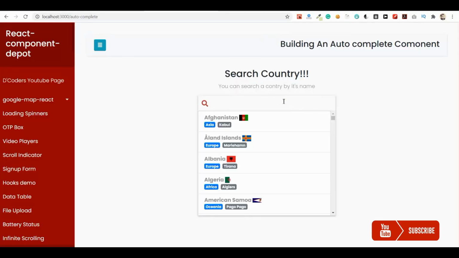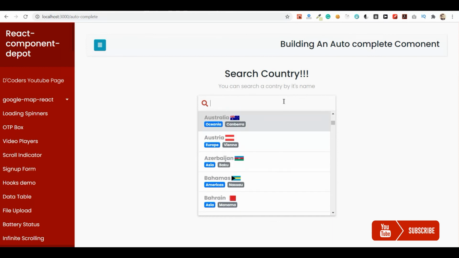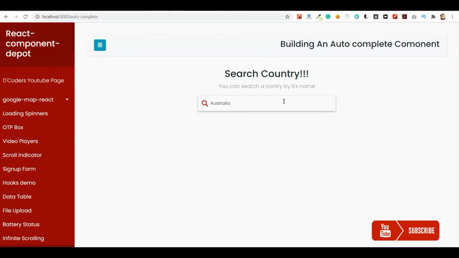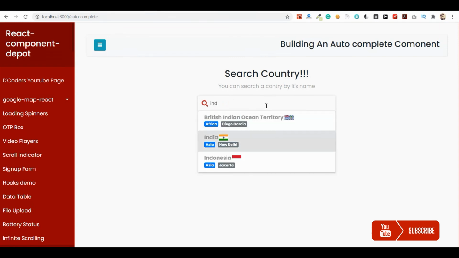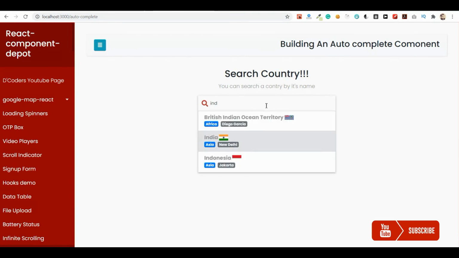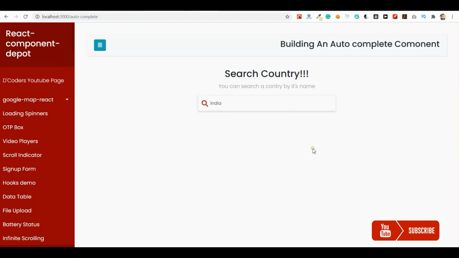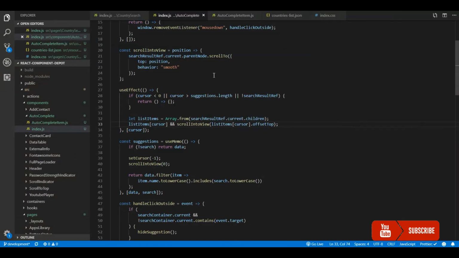So now let's go and check what exactly we are getting. We are able to navigate through the keyboard, and it's scrolling to the selected index. Now I will be able to do all the operations that we intend to do with this autocomplete. I'll be able to select a particular item by pressing enter or clicking on that particular item.